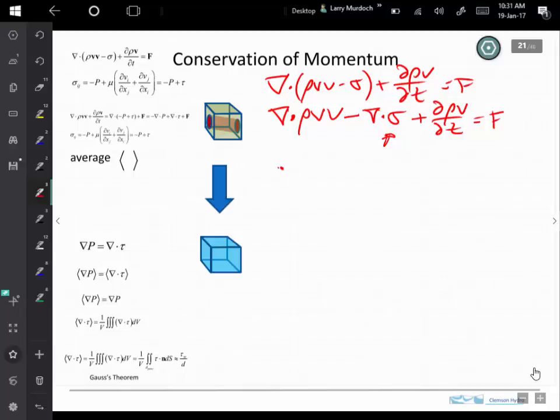Talking about stresses in fluids is going to take a bit of time, so we'll do that next time when we focus more on fluids. So at this point I'm going to say the stresses in the fluids have these two components. It has a component of pressure and a component of shear. Okay? And so we can substitute that in there. And that gives us